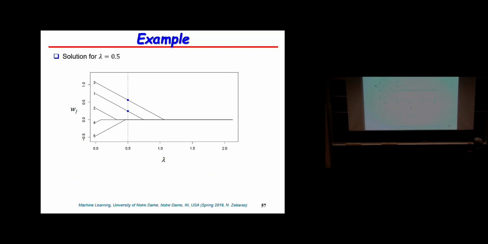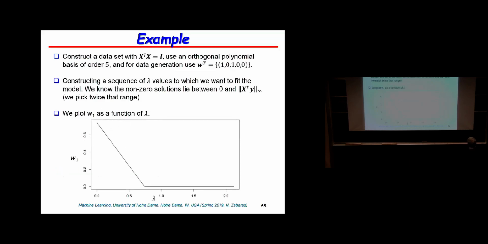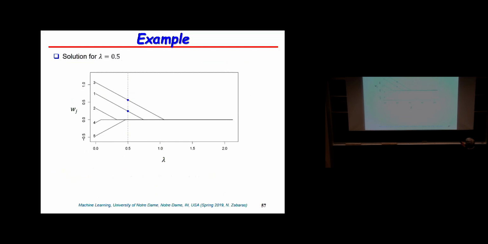Now, if you look at lambda equal to 0.5, the only non-zero features that you have are 1 and 3, all right? So there is a solution where the only features present are 1 and 3. But you notice you can move this line basically from here to there and still have features 1 and 3. So it's not like you will be able to precisely recover the precise W's that generated the data, but at least the sparsity that generated the data is recognized by this model, by having the lambda value vary from anywhere from here to there. Okay,